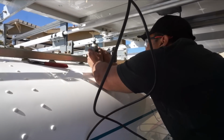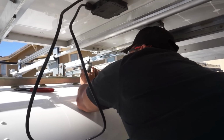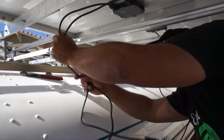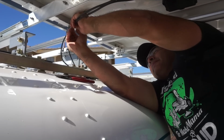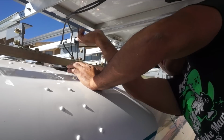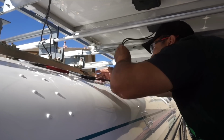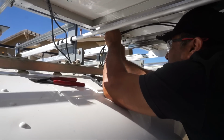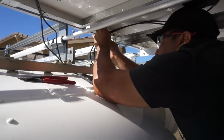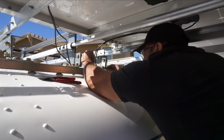Well, that one's already done. I'll just do it loose for now, just to get them up there. Okay, so these come through here, go straight back that way. We'll just do these loose. We'll just leave these loose for now, but we are going to really tie